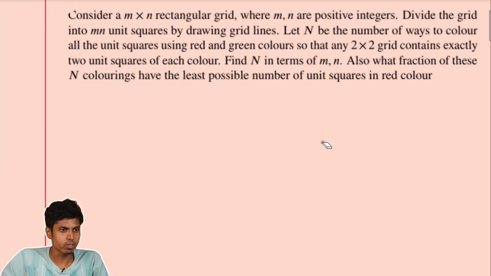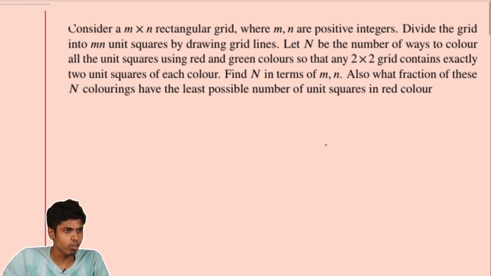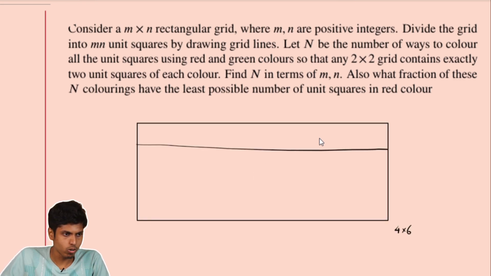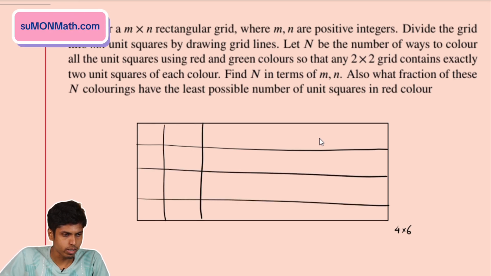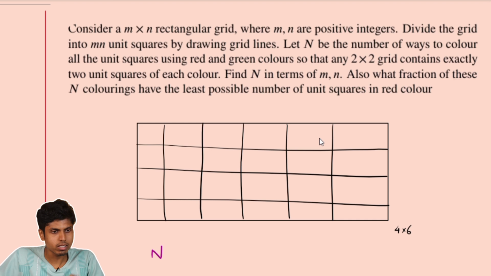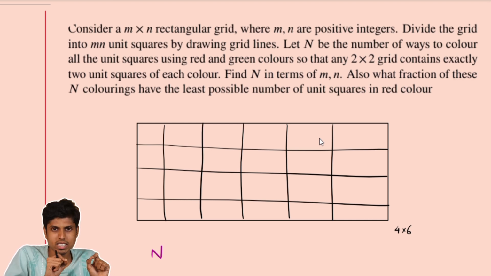Consider an m cross n rectangular grid, where m and n are positive integers, divided into mn unit squares by drawing grid lines. So we are going to form a rectangular grid structure. Let's take a quick example. Let's consider 4 cross 6, 4 rows and 6 columns. A diagram would look like this: 1, 2, 3, 4 rows with 1, 2, 3, 4, 5 and 6 columns. And now capital N is the number of ways to color the cells in this 4 cross 6 grid,